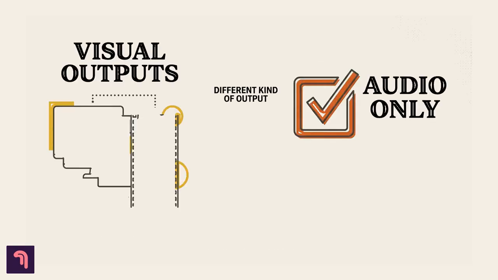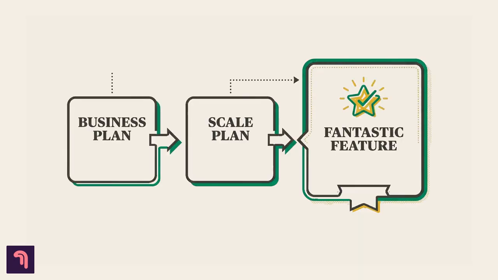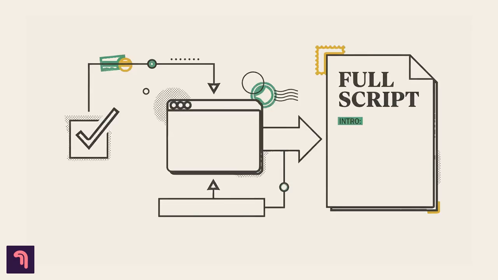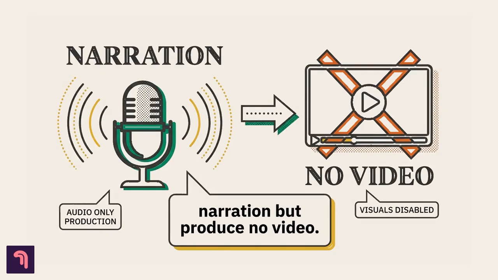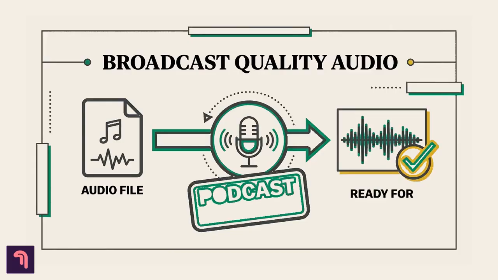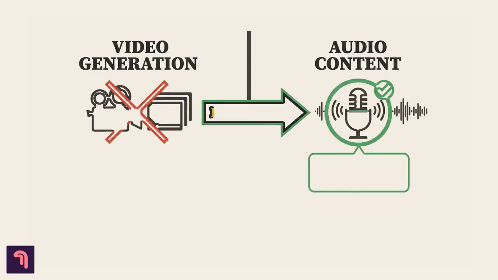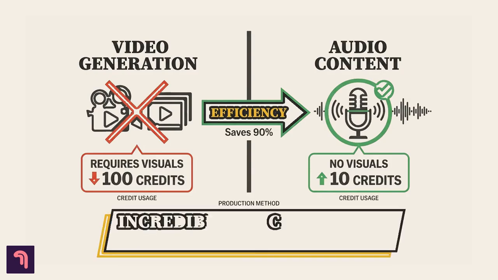And for a completely different kind of output, there's the audio-only checkbox. This is a fantastic feature on the business and scale plans. When you check it, Golpo will take your prompt, generate a full script and narration, but produce no video. You get a broadcast quality audio file, like a podcast episode. And because it's not generating visuals, it only uses 10% of your video credits, making it an incredibly efficient way